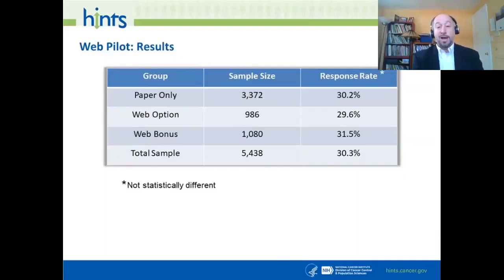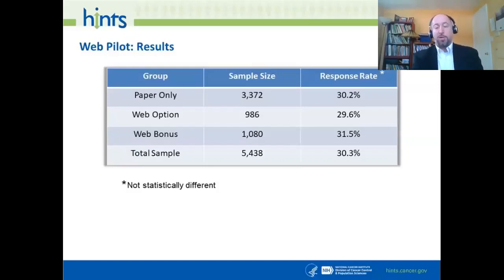So we were a little disappointed in that, but that could be a good news or bad news kind of thing. And the other thing that this table shows is the sample size of each of the three groups. And that's the nice thing. You can think of these as independent samples. So you could analyze each of these independently or potentially look at the total sample of 5,438. And again, I promise Ashley's going to go into much more detail about that and how you decided to do that. One other thing I want to mention real quickly is some other web pilot results that might be of interest, and hopefully sets the stage for Ashley's talk.